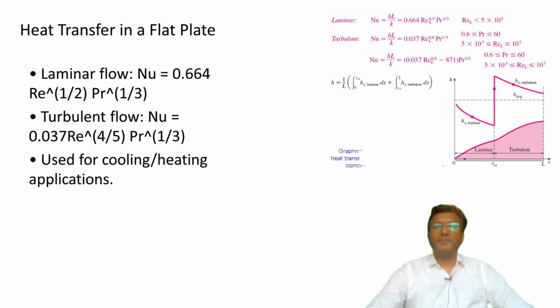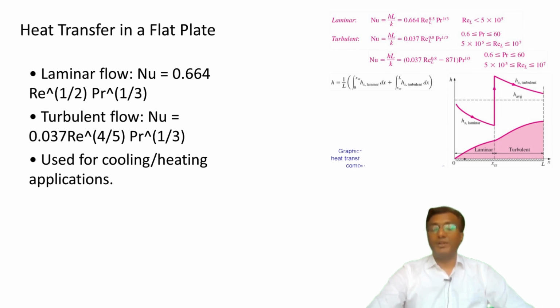Let's examine convective heat transfer over a flat plate, a common scenario in engineering. The Nusselt number correlates the heat transfer coefficient H to flow conditions. For a laminar flow, when the Reynolds number is less than 5 into 10 raised to 5, the Nusselt number is given by Nu is equal to